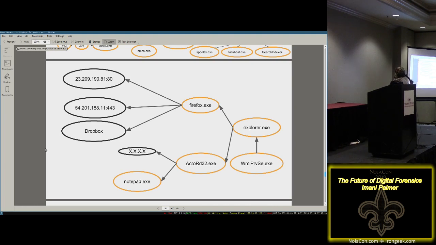And I can see it from my eyes, like, okay, Explorer.exe, they clicked on Firefox.exe, and then they went to a bunch of websites, and they definitely went to Dropbox.com. Great. All right, I can see they downloaded that, or they got a PDF, and that PDF went to a weird website, but it also opened up Notepad.exe. A little weird. They shouldn't do that. Maybe it should, but I could use some tests.